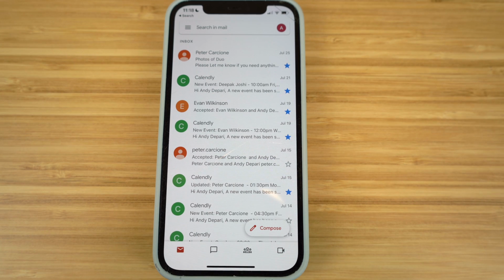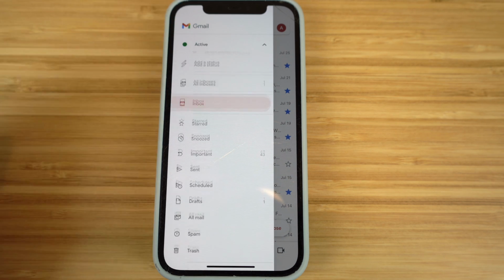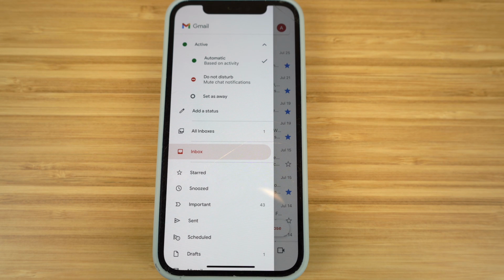Today, I'm going to be showing you a complete beginner's guide on how to use Gmail on your iPhone. In this video, I'm going to show you how to set up Gmail and customize it to your needs. Then we're going to dive into all the incredible tips, tricks, and hidden features that are going to allow you to use Gmail like an expert and walk away from this video sending emails like an absolute pro. So without further ado, let's dive into today's video, a complete beginner's guide on Gmail and how to use it